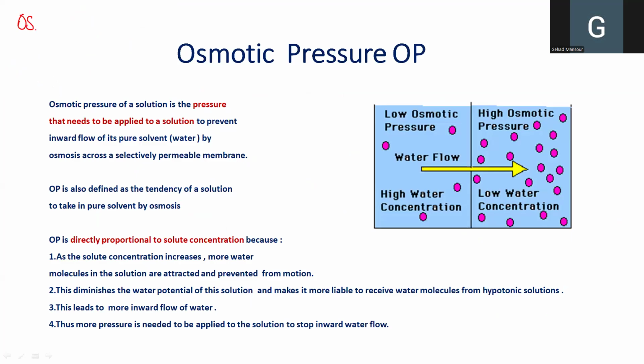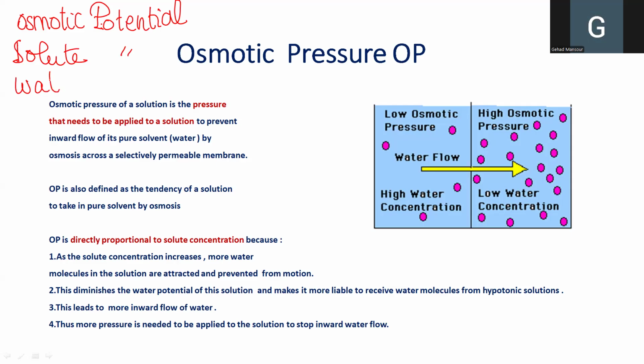We first have studied the osmotic potential. It's important to denote this. And we've said that osmotic potential is the same as solute potential. And we've also studied the water potential. And then we have studied the pressure potential. So we have studied 4 types of potentials: osmotic potential and solute potential, which actually denote the same thing, and